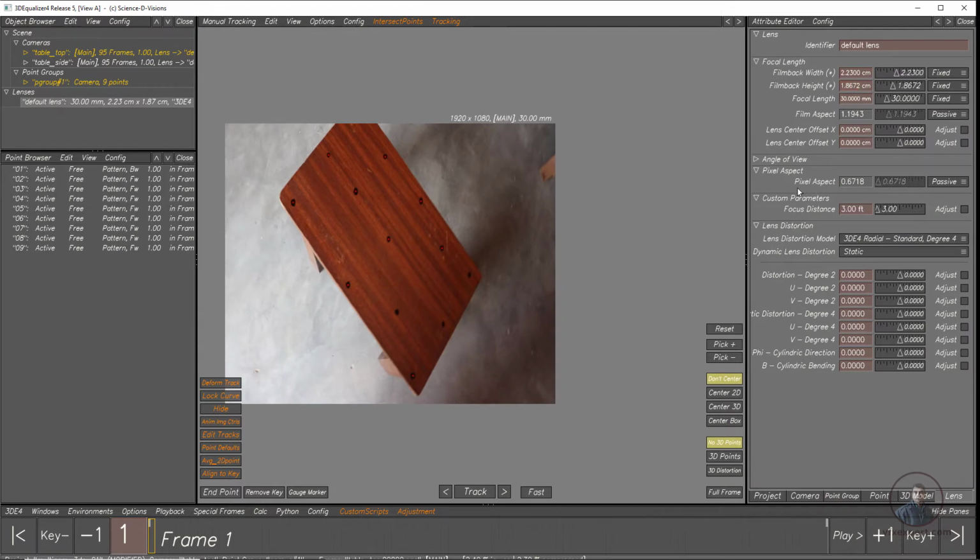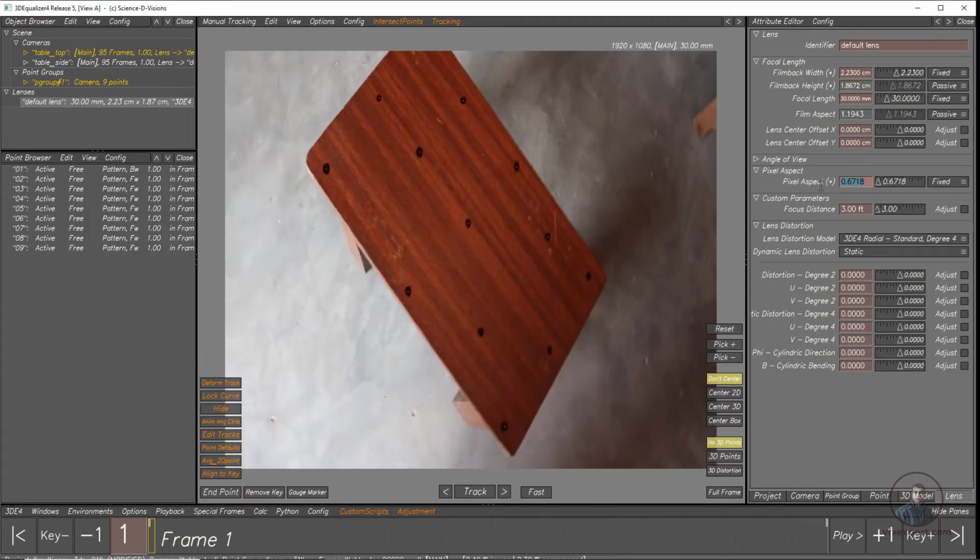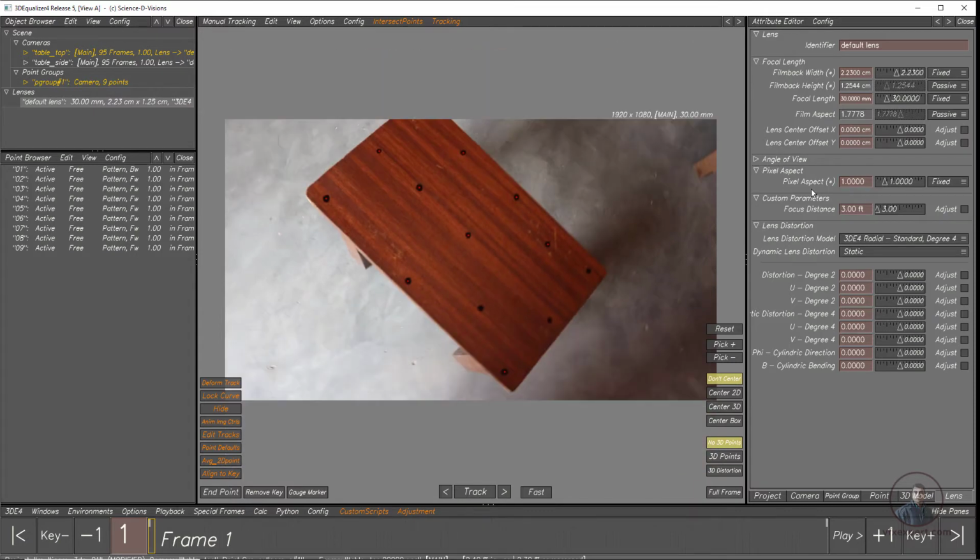After this I am going to type our pixel aspect ratio, which is 1. Just click here, fixed. Now type pixel aspect ratio, which is 1, here. Now you will see the height, the second value, will be calculated automatically and shown here. Now after this I am going to type our focal length, which is 18. I click on fixed, then type 18, okay. So remember, if you have your lens information then type it, otherwise just solve your camera on default values.